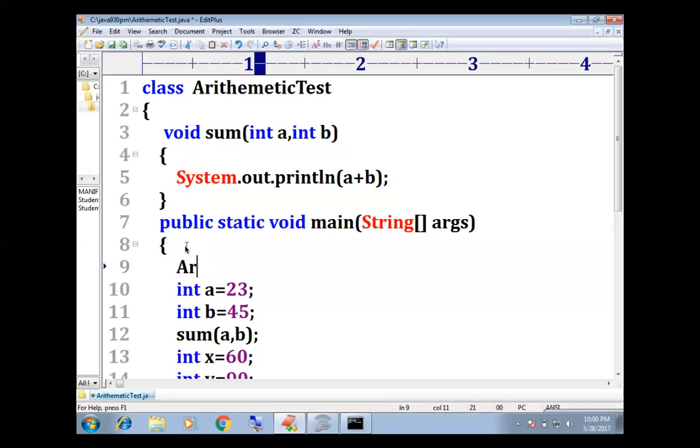I'm creating the object here. ArithmeticTest test is equal to new